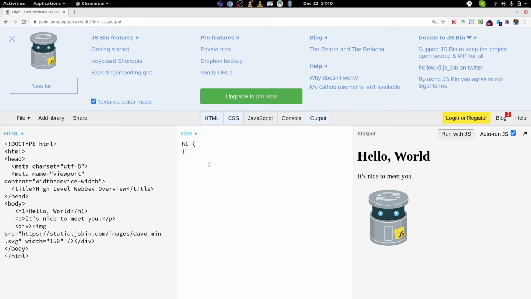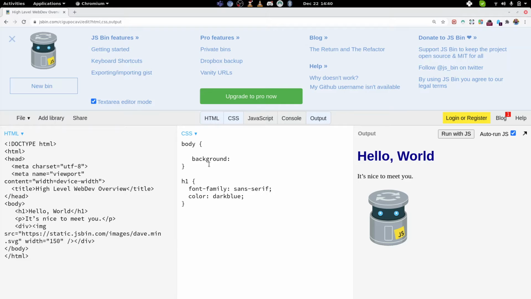What CSS allows you to do is use various things like CSS selectors, so I can say the H1. Let's say font family is sans serif. Now we made the font look like that, and let's say color is dark blue. Then we can do things that apply to the entire body, like we can say body